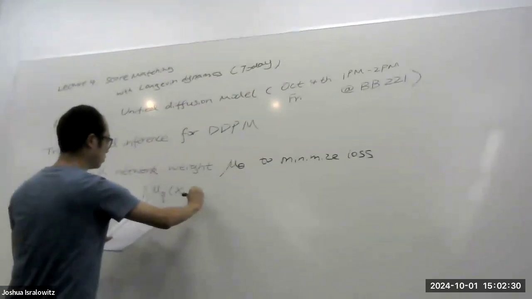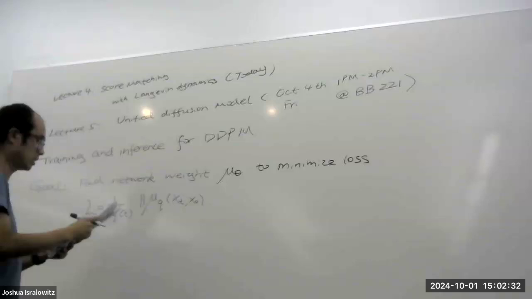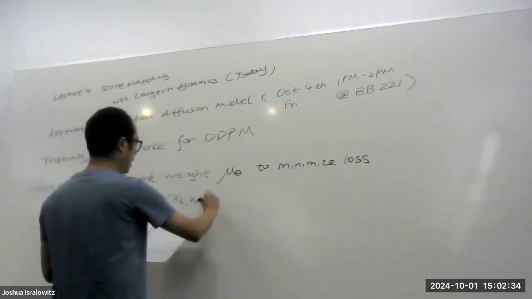I want to remind you, this is something we can estimate. So this is the neural network we're trying to approximate. So this is some weight right here,